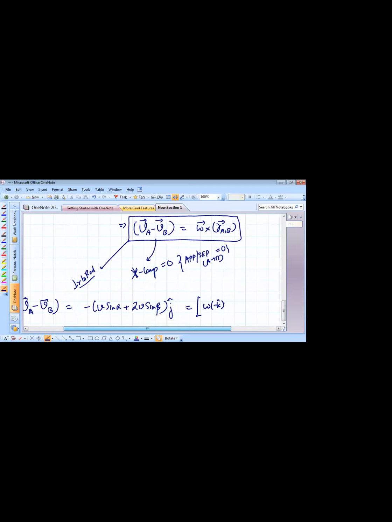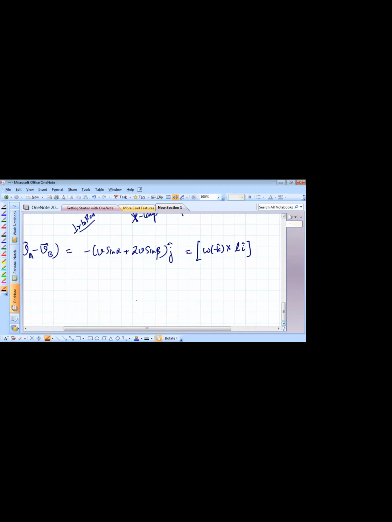Cross product with this thing. So E is the position with respect to B, which in my diagram you can see is L I cap. So again, you can see the directions are also matching. This is along minus j cap, and minus of k cross I will give you minus j. So you will get this relation that